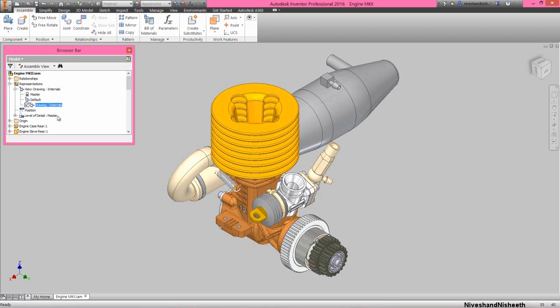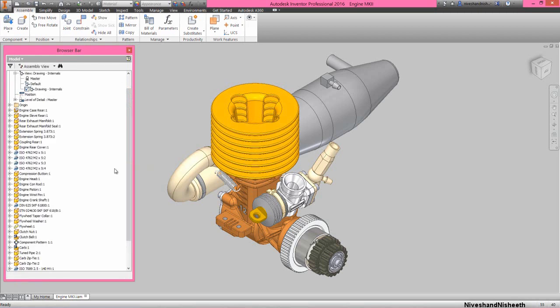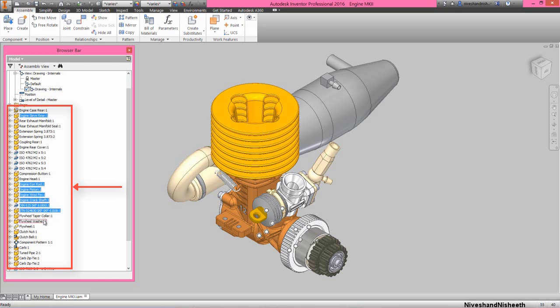Okay, that's it. Now we will select these parts from the browser bar. The drawing internals view representation should be activated before selecting the assembly components. It is a must.